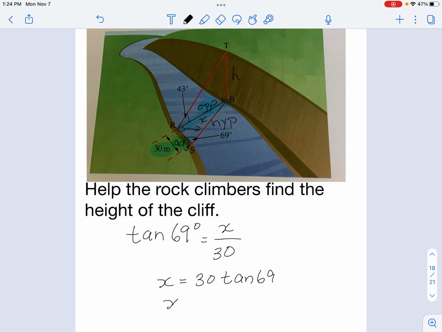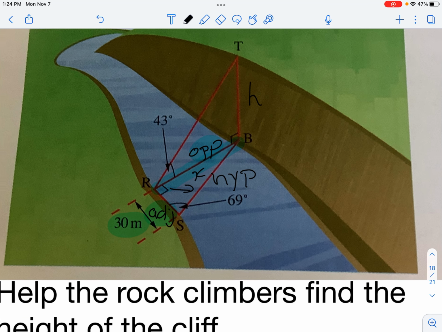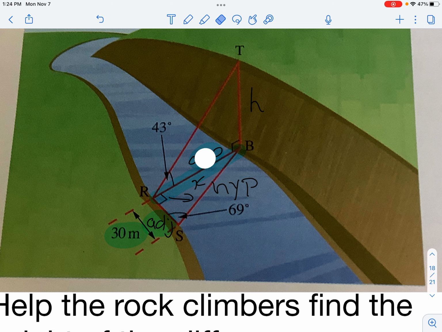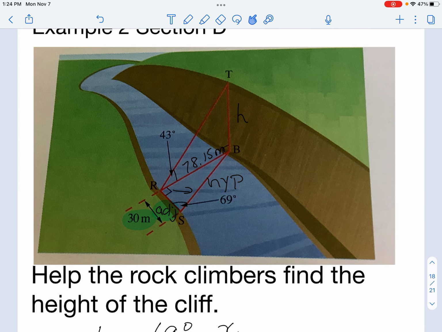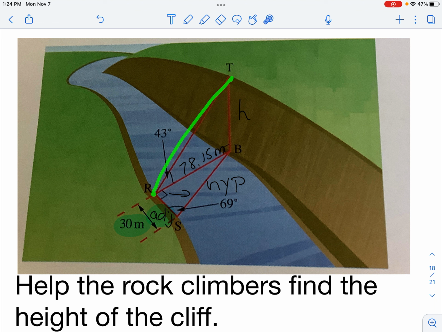So I'm getting x is approximately 78.15 meters in my picture. So I can now go into this diagram and relabel this side 78.15 meters. And now I'm going to draw my attention to this vertical triangle here that's sitting along, I guess